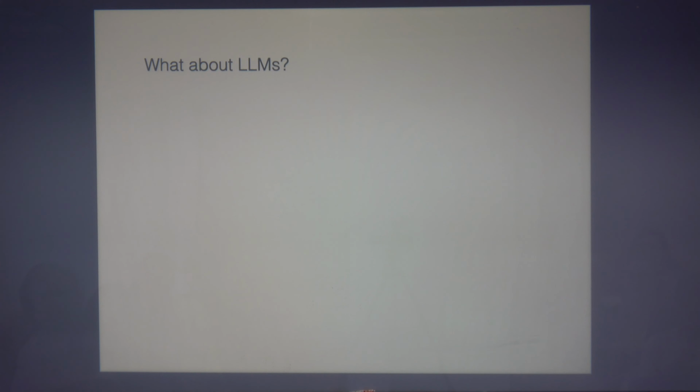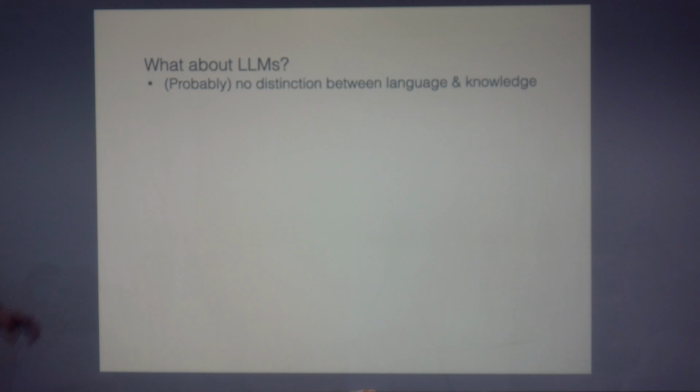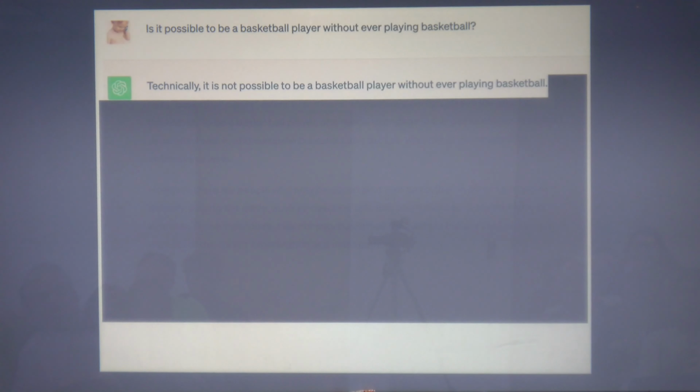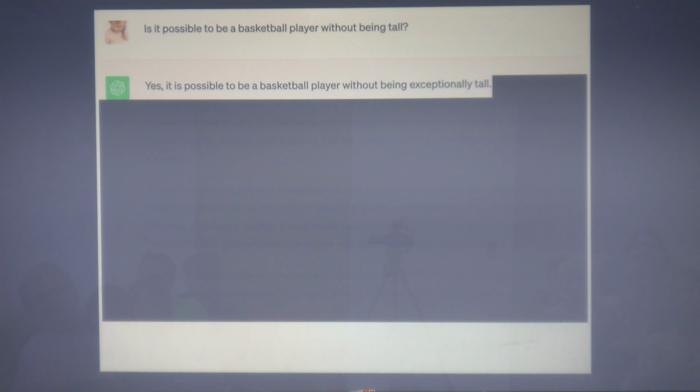But you might wonder, what about large language models? What's interesting about large language models is they probably have no distinction between language and broader world knowledge. It's certainly not how they're trained. Now, granted, nobody actually understands how large language models work, so who knows? But at least in terms of how they're set up, they are not meant to distinguish the two in the way I've just been describing. I've already shown you that ChatGPT actually knows the difference between entailments and things that are not entailed, right? Basketball players aren't necessarily tall. It's actually asked, and probabilistic facts, right?